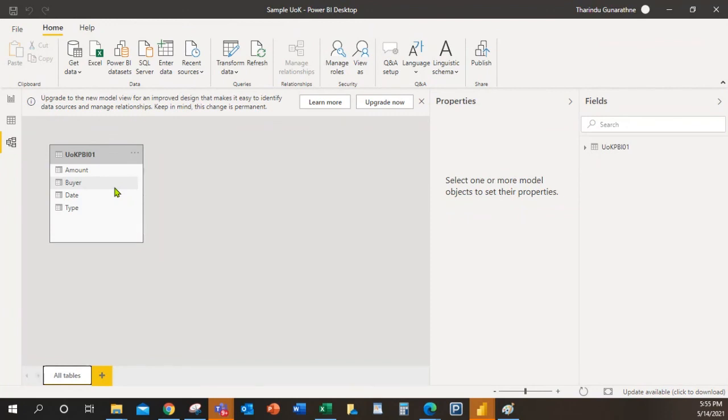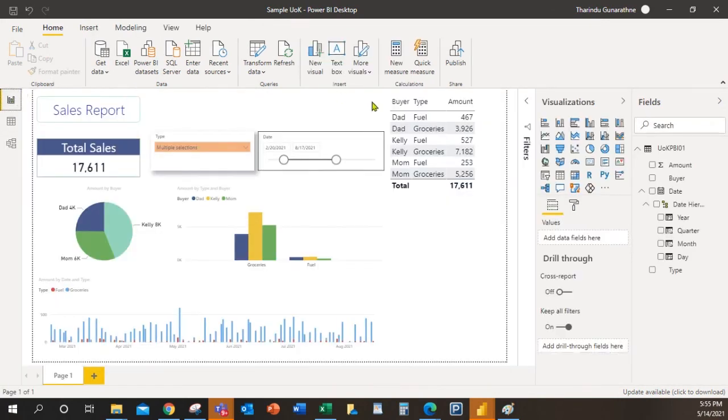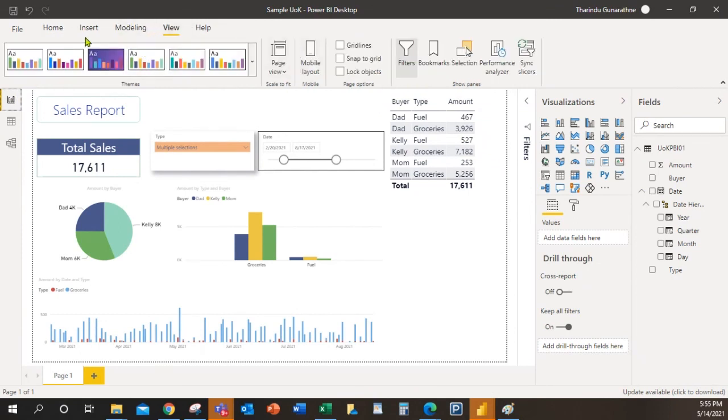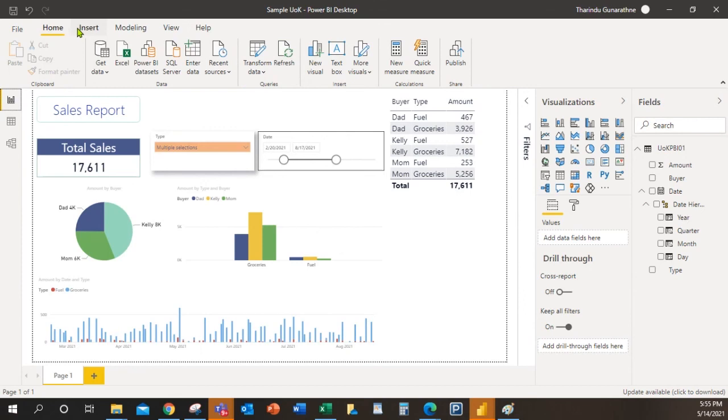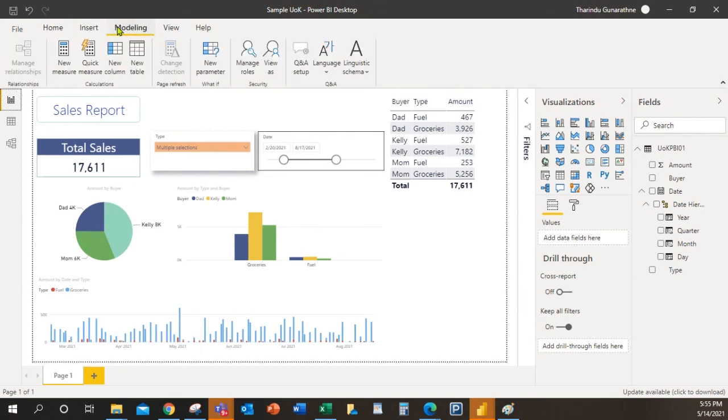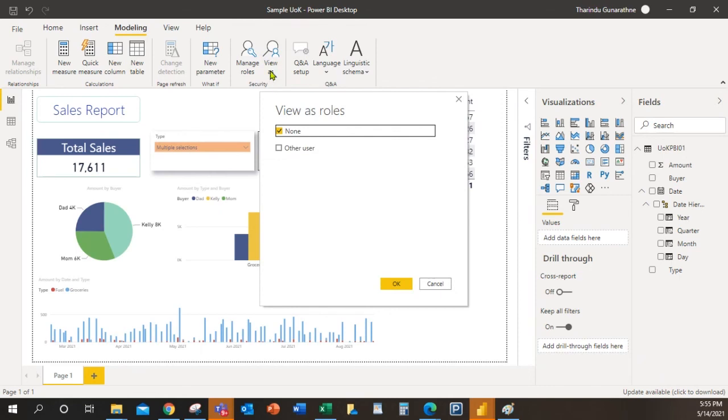Row level security, let me just brief you what is row level security. Row level security is like this. Now under modeling, you can see there's a feature called view as.